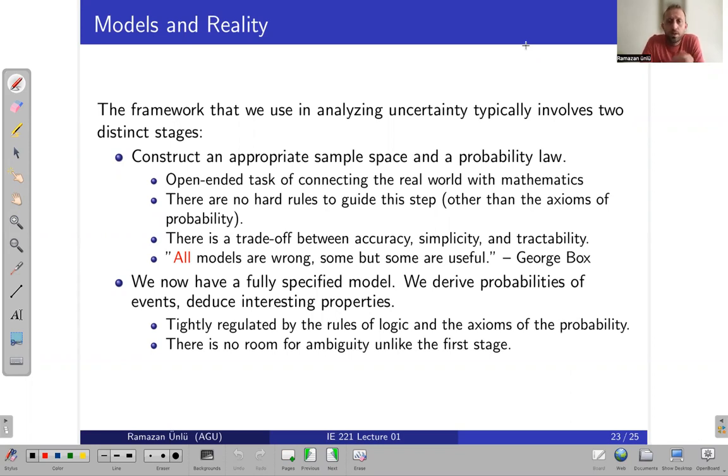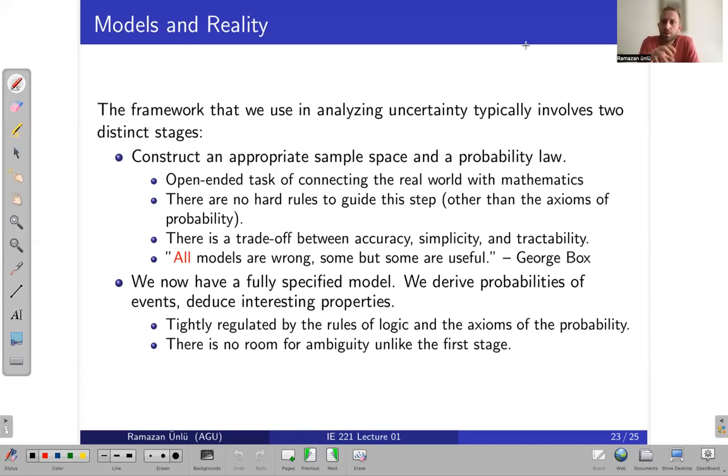As we mentioned in the earlier parts, we have to deal with some uncertainties when we work with probabilities. This uncertainty typically involves two distinct stages. In the first stage, we need to construct a suitable sample space and the probability law. Usually, this stage is an open-ended task, connected with the real world through some mathematical operations. And there are no hard rules to guide the steps to proceed, but only